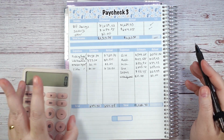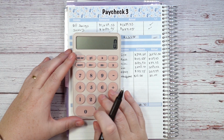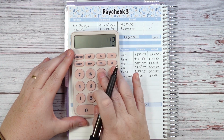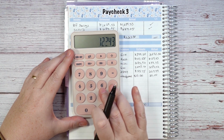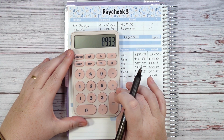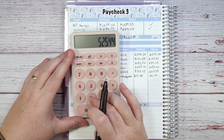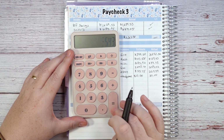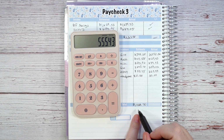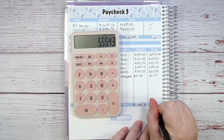So now I get to do the transactions here. All right, so I have $252.56 plus $129.93 plus $89.93 plus $53.02 and $29.99, and that is it. So significantly less. I gave myself over $1,000 here, and we did